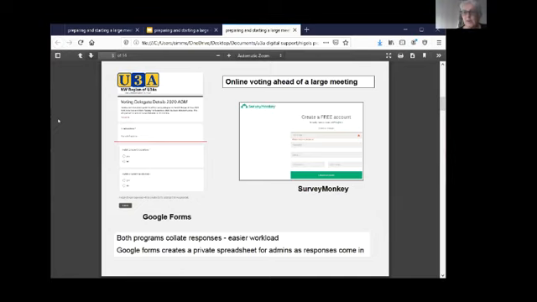With Google Forms, the number of people that you can admit on, say, a voting system or a survey of any kind is effectively infinite. It's governed by the number of cells that there are in a spreadsheet, which is about 2 million. So for our purposes, that's going to be infinite. SurveyMonkey, if any of you have dealt with this in the past, has for years and years been a really great free product with a lot of application.